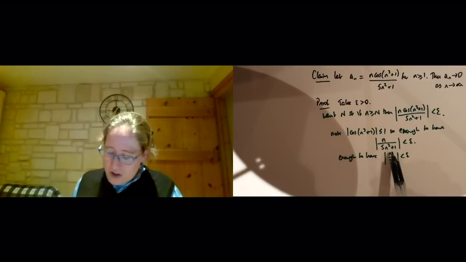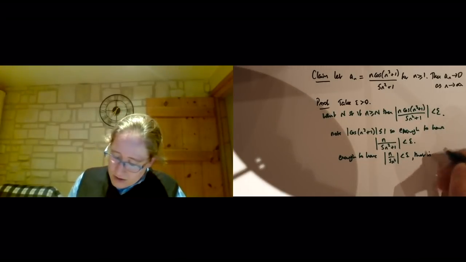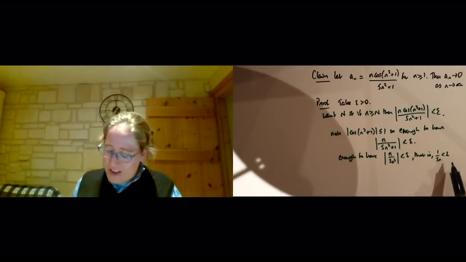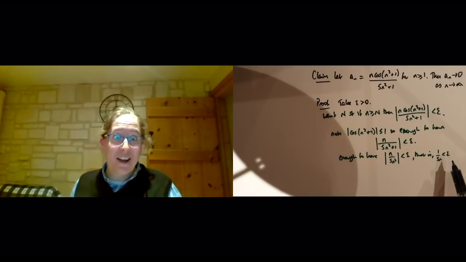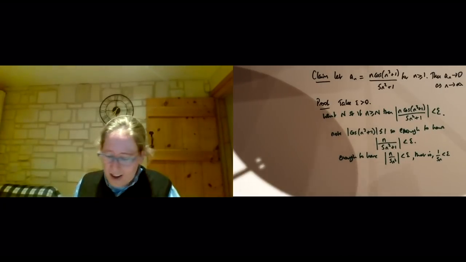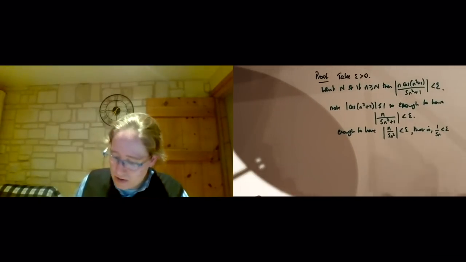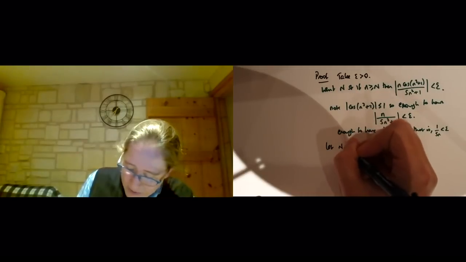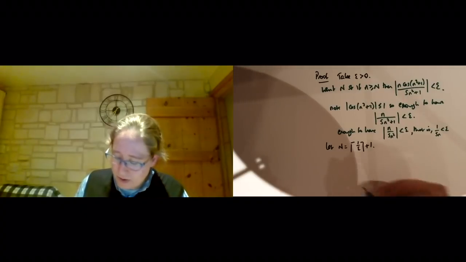And n over 5n^2 is good because it's 1 over 5n. So 1 over 5n less than epsilon. This says if we could make n bigger than 1 over 5 epsilon, we'd be in good shape. So now I'm getting an idea of what to pick for my capital N. I think I'm ready to grab my black pen again. Let me slide this up. I'm going to let N be the ceiling of 1 over epsilon plus 1.